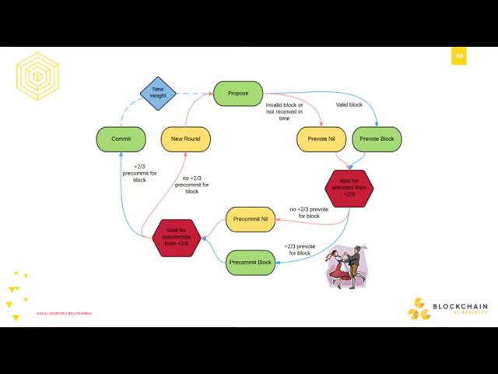This is the thing: they got safety. What they gave up is liveness. If validators representing more than 1/3 of the tokens go offline, the network just stops, and you have to wait for them to come back. So if you've got someone with 10%, someone with 40%, and whatever, and 33.3 percent of the tokens go offline, we just have to wait for them to come back, because that's enough to block it. It's a veto, if you will.